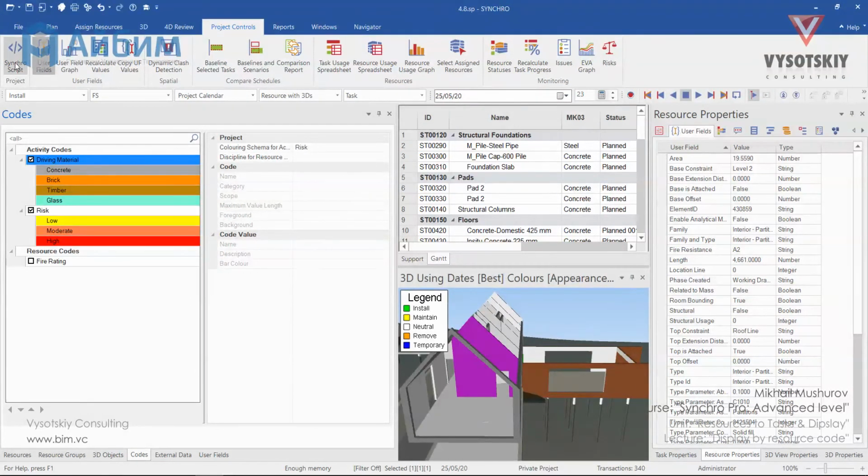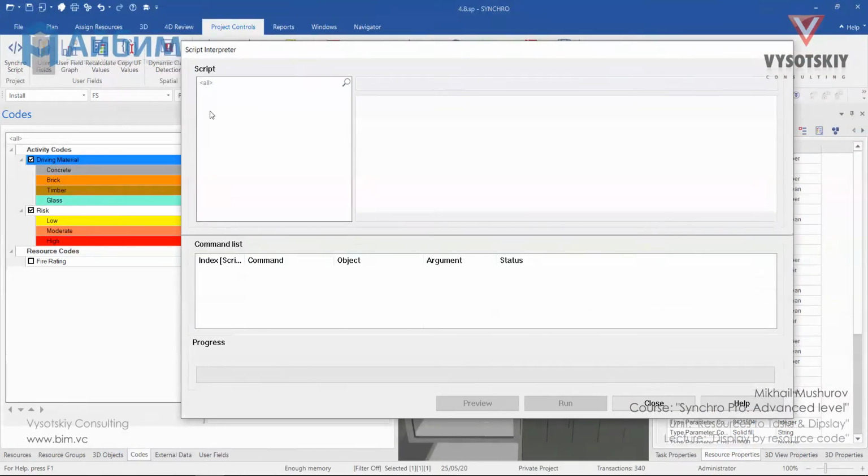and open Synchro Scripter. In order to start, we need to create a new script. So make a right click in the script field and select add. Let's give it the name add fire rating. And we will use the following script. We will start with user field value fire resistance, which belongs to resource. So we will write resource